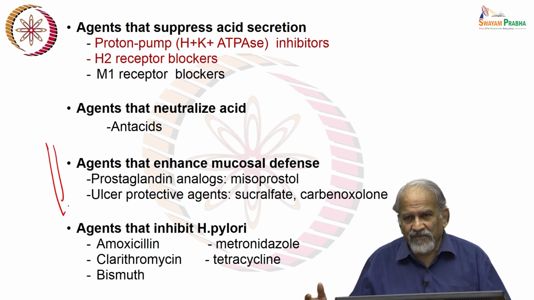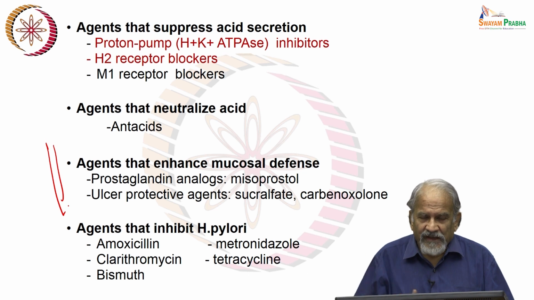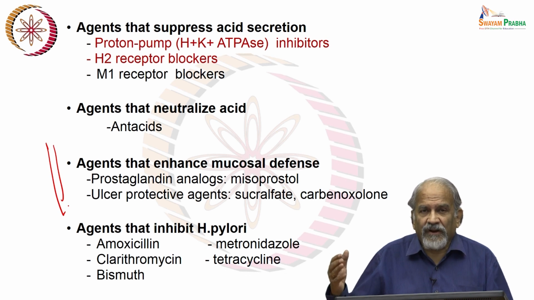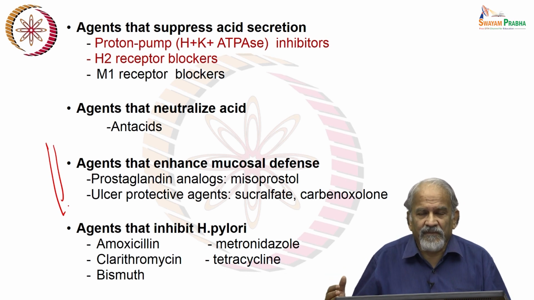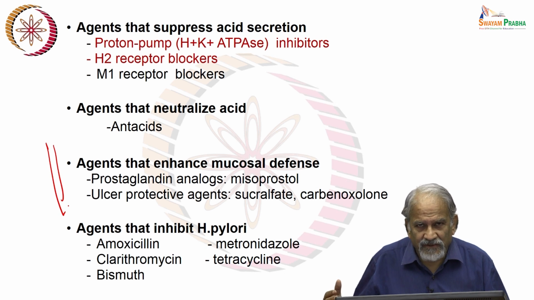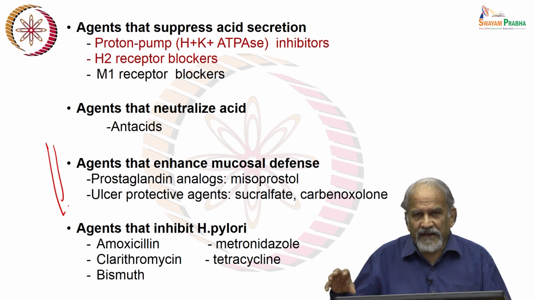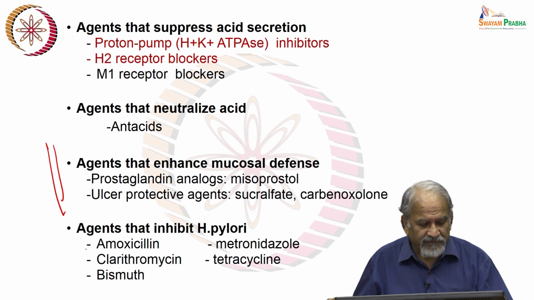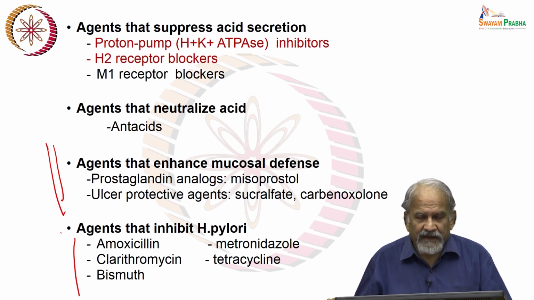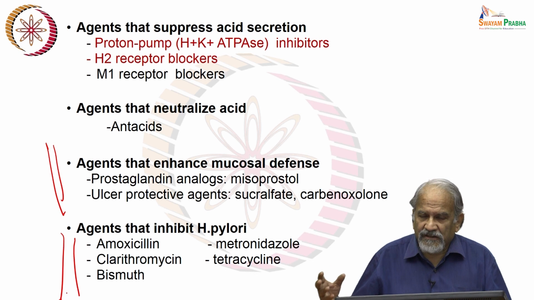H. pylori is coming from food contamination, and once you eradicate it, then you have to live in a healthy situation, and therefore relapse is a problem with H. pylori infection also. Now, for H. pylori, it has been found that five drugs are effective, primarily amoxicillin,